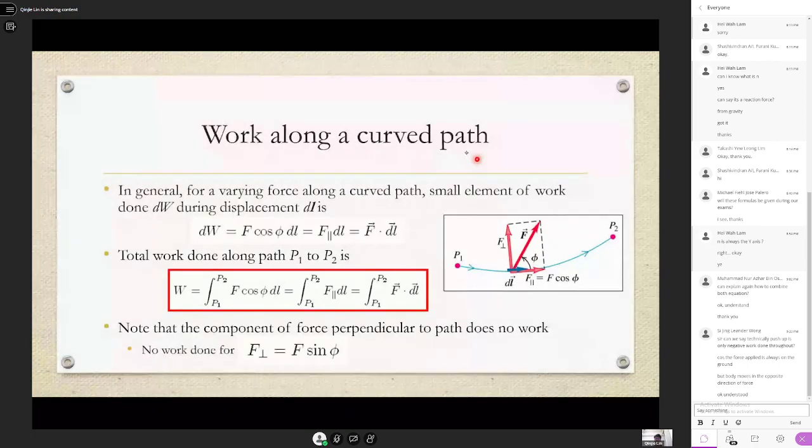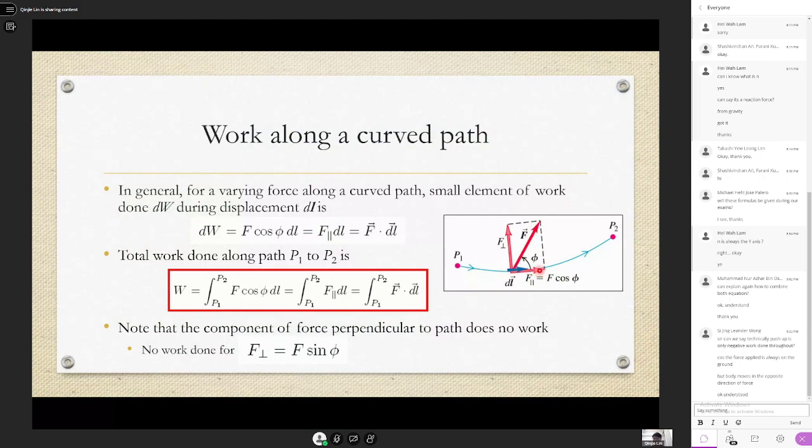Then work along a curved path. This is actually the same concept, but let's say we are not moving along a straight line. It's from here, P1 to P2, and it's a curved path. The concept is still force times displacement: the force in the parallel direction to the motion is what will be useful. So you see these two lines here, right? This F parallel line means the component parallel